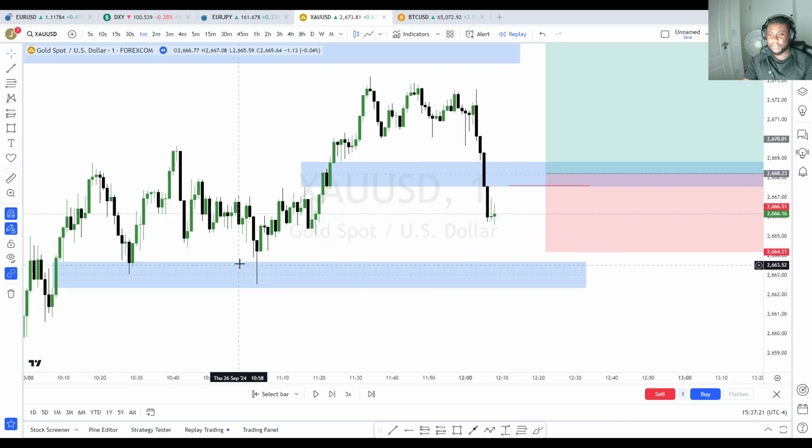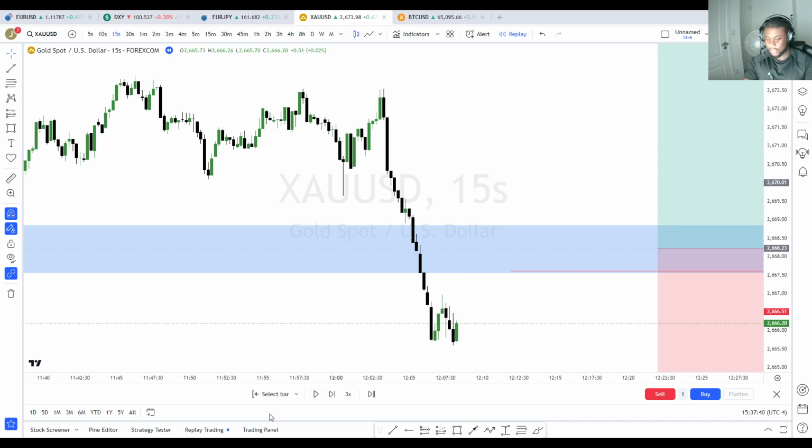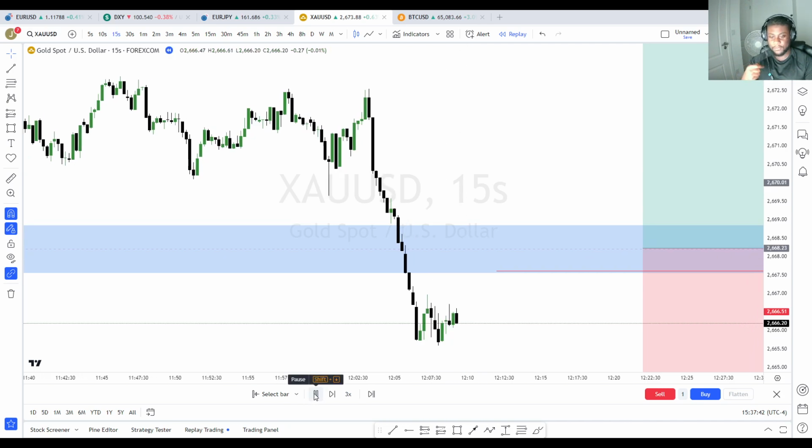An example would be something like here. When price came here, you see how we had a very nice wick rejection there. We had price pull back, another push up, pull back, another push up. So that's showing you intent, right? That's showing you price slowing down inside of a potential entry area and is now looking to reverse in the other direction. So with that information, I just waited for a little bit more confirmation